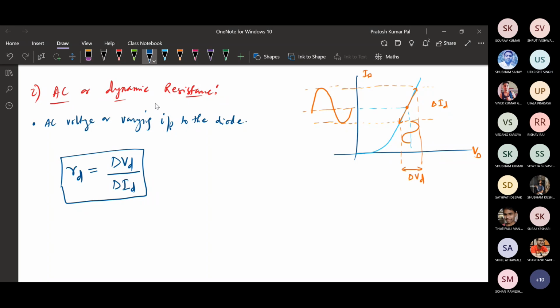Once we are applying the varying input, the operating point will be varying. With respect to the operating point variation, there will be a variation in the applied input voltage range, and similarly we will get an output current that varies with the variation in the input voltage. So this will be the AC resistance. If we have not applied any varying signal, then the operating point will be called the Q point, and it will be determined by the applied DC voltage.